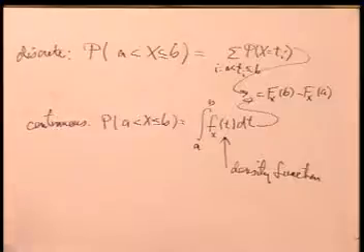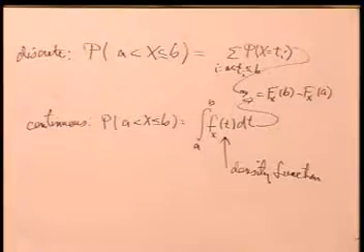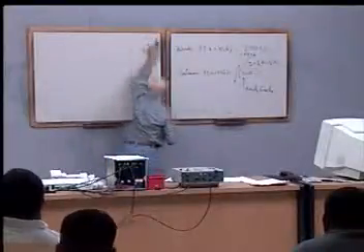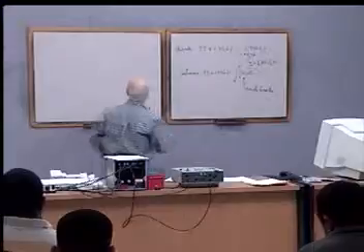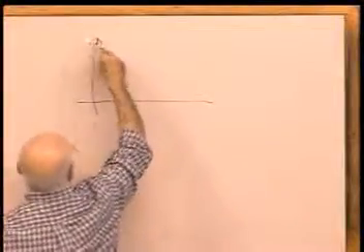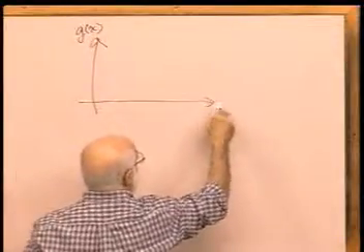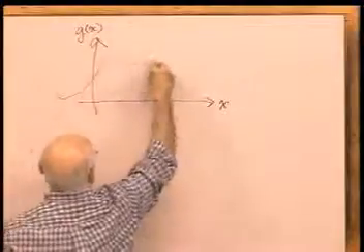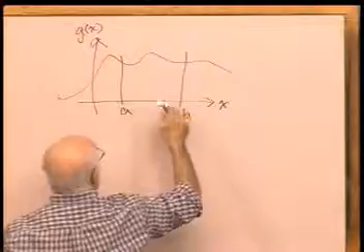Let me draw a picture first. Well, no, first let me state, I got 3 minutes. I'm going to state the fundamental theorem in calculus again. You'll see the analogy, and then we'll discuss this in more detail next time. Okay, so here is the fundamental theorem in calculus. Suppose I have some function, I'll call it g of x. I want to call it f because I'm using f for something else. So here's my g of x, and here's some a, and here's some b, and I want to find the